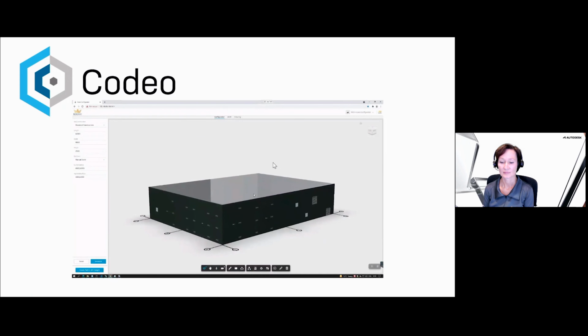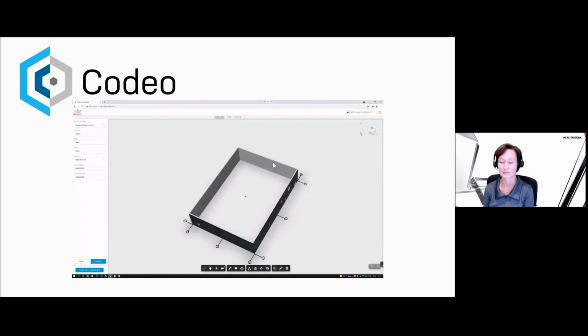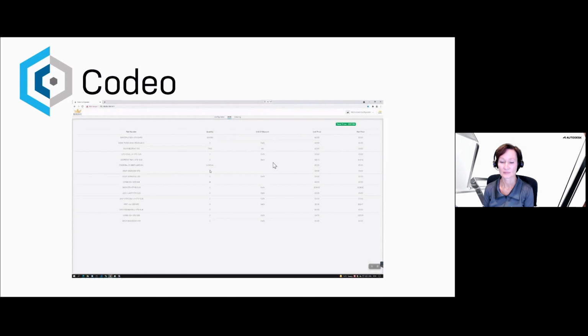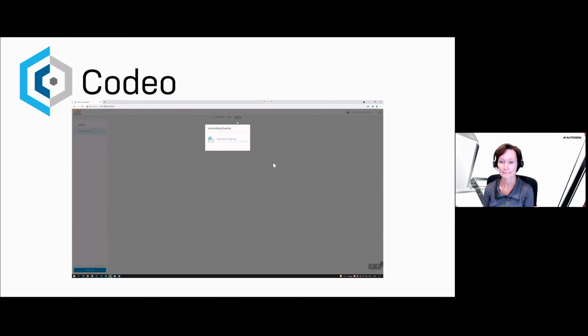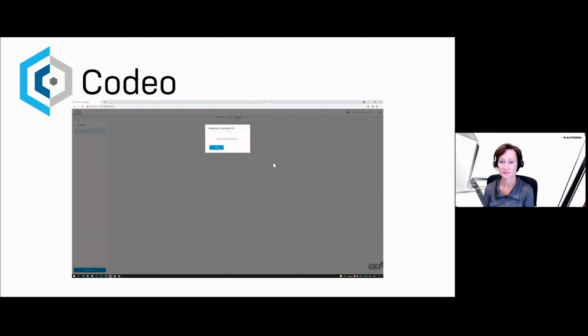This update procedure also generates the BOM list. Let's see the quantities, the unit prices and part prices. And let's see the updated drawings. Done. We can export it as a PDF document.